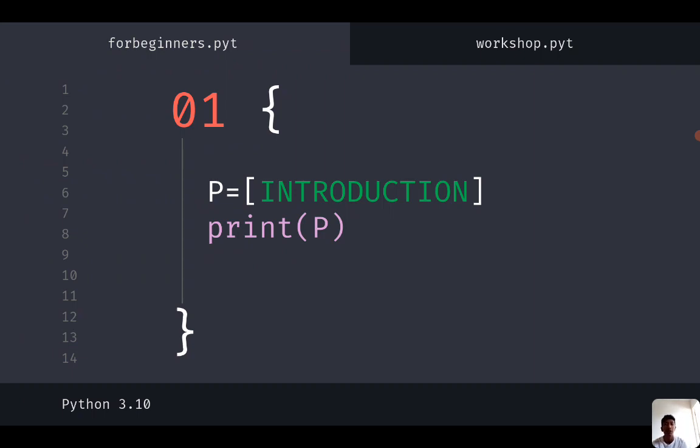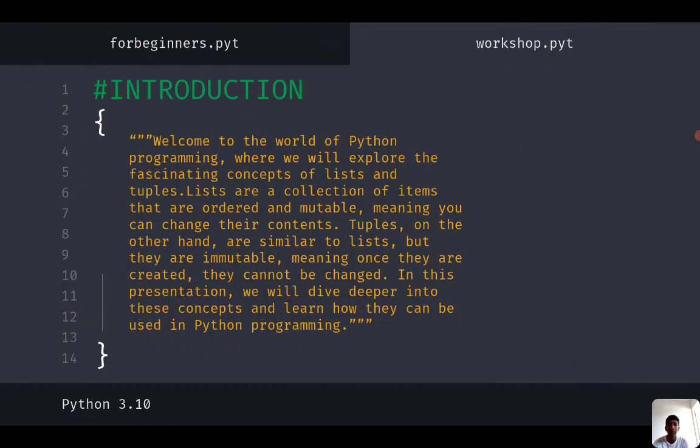Let's see the introduction to Python. Welcome to the world of Python programming. We will explore the fascinating concept of lists and tuples. Lists are collections of items that are ordered and mutable, meaning you can change their contents. Tuples, on the other hand, are similar to lists, but they are immutable, meaning once they are created, they cannot